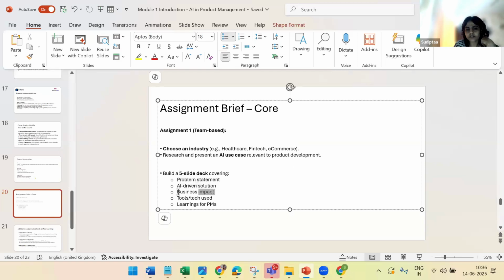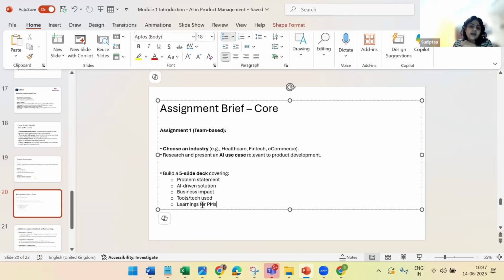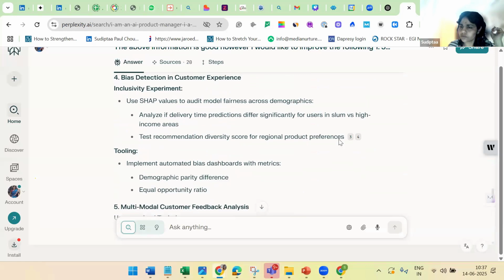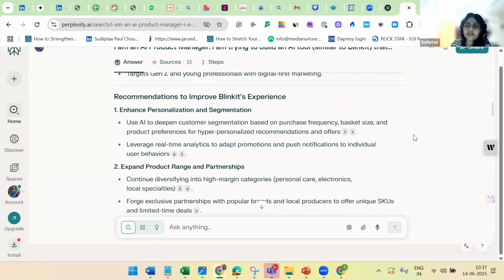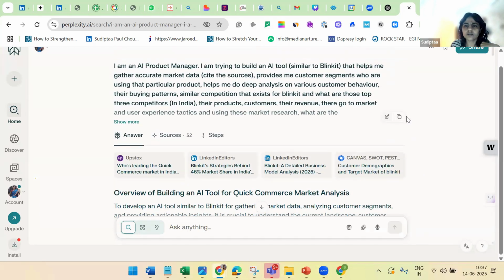What is the business impact that will come in your business goal of the discovery section I showed you in the vision canvas? And the tools and technology, you can show different screens of the tools that you have used, and learnings for PMs. At the end of the day, what did you learn? Which tool is better, how do you use a combination of all the tools? I will also give you the prompt that I used so that you can try a similar prompt in your case and see whether you are getting better output or a similar output. That is all good, but let's do that, right? So I copied this prompt and I put this on the chat.